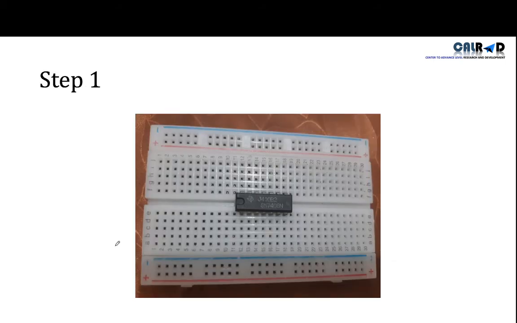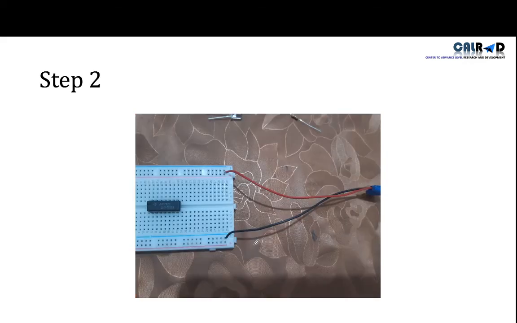So let's start. So first step, we put our IC here on this board. So our IC was having 7 legs here and 7 legs here. So we put it on a mini breadboard. Second step was to connect our breadboard with the battery. Here battery is still not connected, but we connect our battery connector with the breadboard. So on the breadboard, on the right side we connect with the positive terminal, and on the left side we connect with the negative terminal.